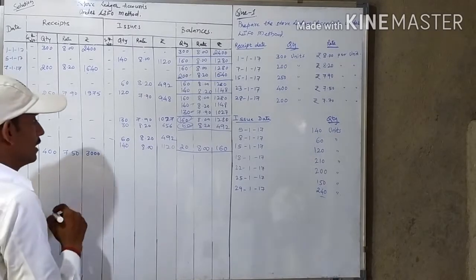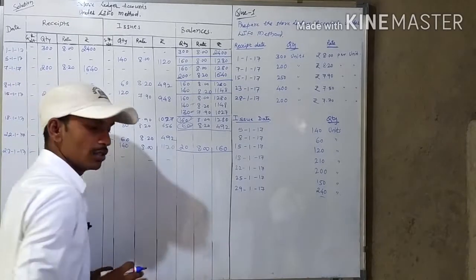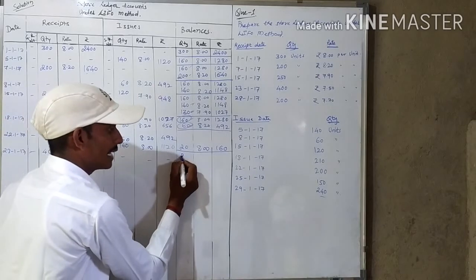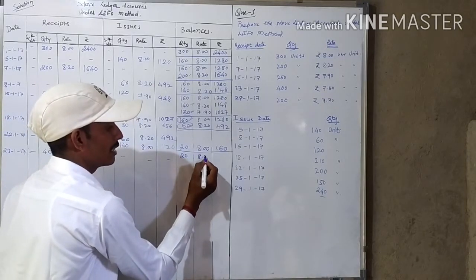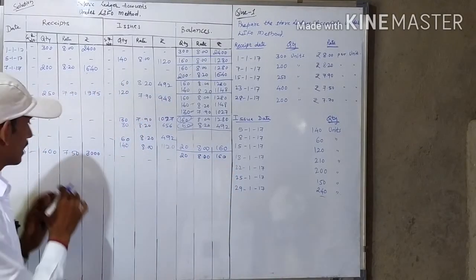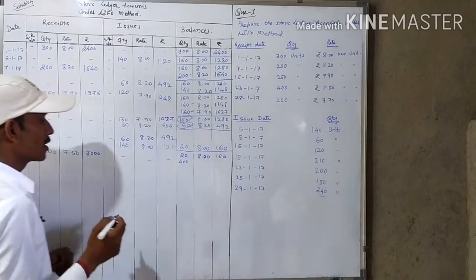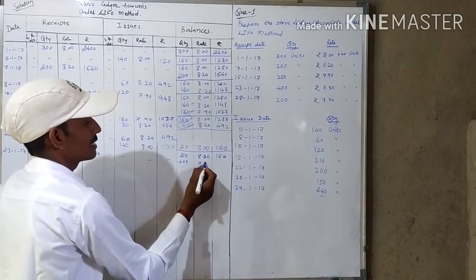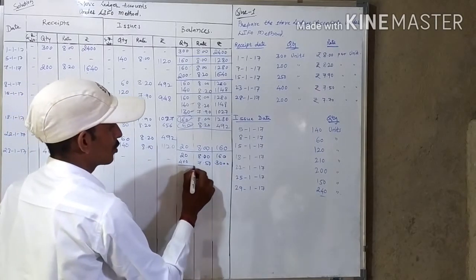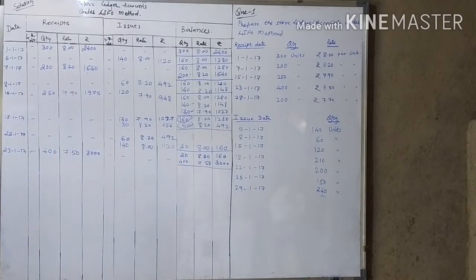Okay, then no issue has taken place on the same day. So we have to show how much value of stock is available in the godown. Earlier 20 units are available. The rate of 20 units is 8 per unit. The value of that is 160. Okay, again second lot. Just now we purchased the fresh lot, that 400 quantities. Rate of that is 7.50. Value of that is 3000. Okay, here you have to strike the balance. You have to close the account for the particular day of 23rd January.